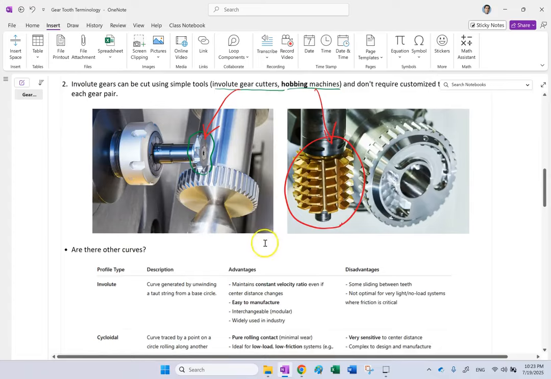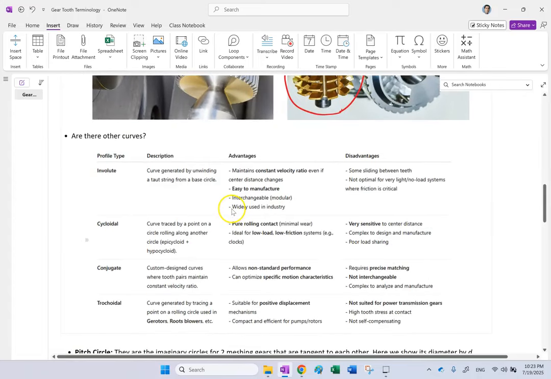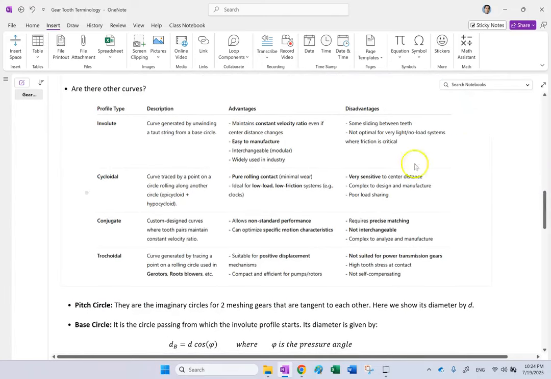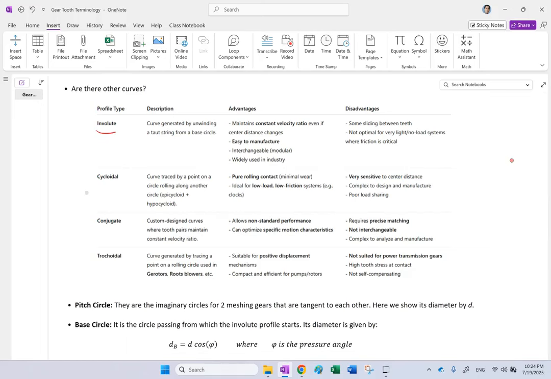Okay, now let's answer the next question that was asked, and it was, are there other curves besides involute that you can use for the profile of a tooth? The answer is yes. So involute, we just discussed it. We said what kind of curve it is. The main advantage is keeping constant velocity ratio, easy to manufacture, and there are other things too, like widely used in industry, modular, and so on. Now,